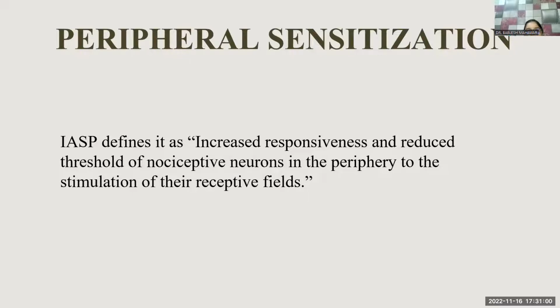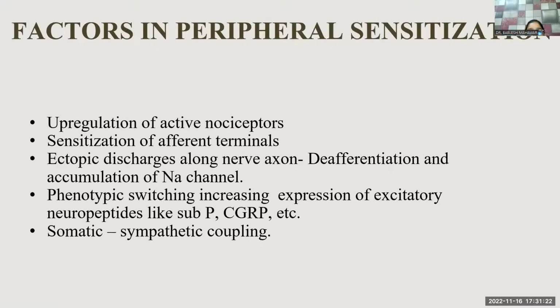Okay, so peripheral sensitization is defined as the increased responsiveness and reduced threshold of nociceptive neurons in the periphery to the stimulation of their receptive fields. So the abnormal response to a normal stimulus in the peripheral nervous system is peripheral sensitization. Next slide, please. Now, there are a few factors responsible for peripheral sensitization, that is the upregulation of